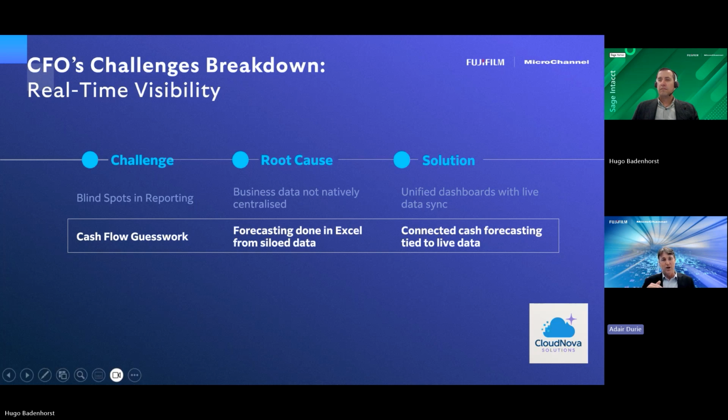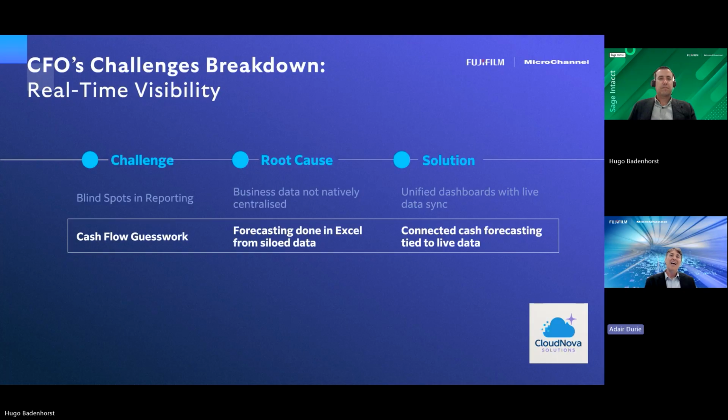Taking that step down, we call the next challenge that we see a lot cash flow guesswork. But in many ways, cash flow is a sample, because what we find is that the right report or the right way for that data to be shown is siloed from where that data is. So in this case, from a cash flow perspective, we often see the insights being given to a finance team inside Excel. And once it's inside Excel, you're creating straight away siloed data. Either the data siloed already when you started looking at the insights, but once you start looking at the insights inside Excel, it is definitely siloed and it's not real time.